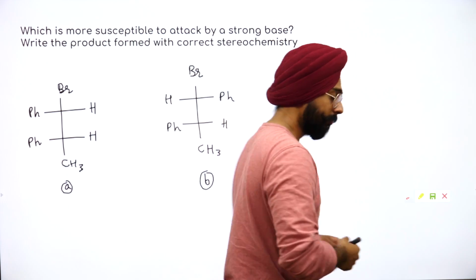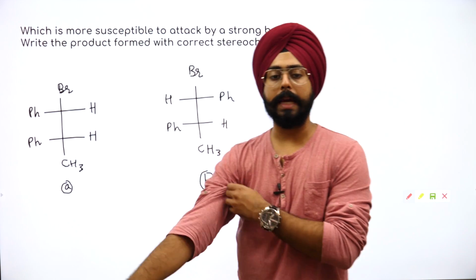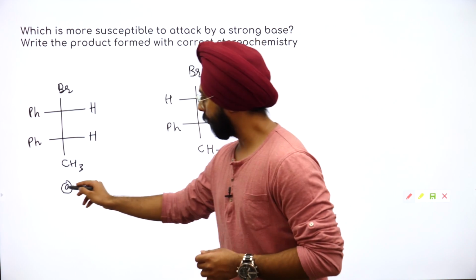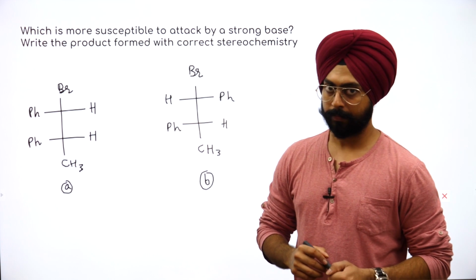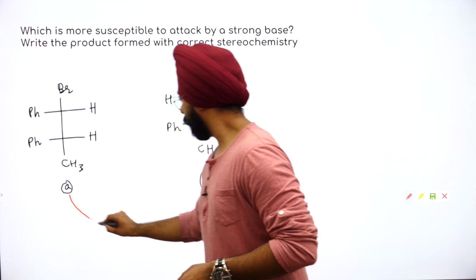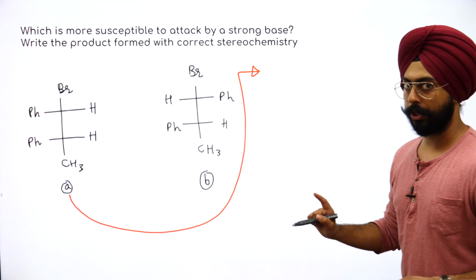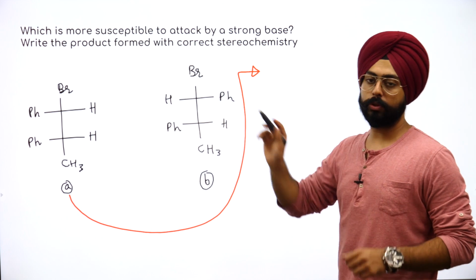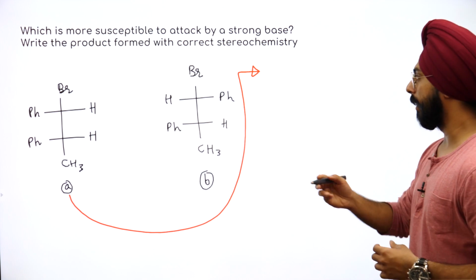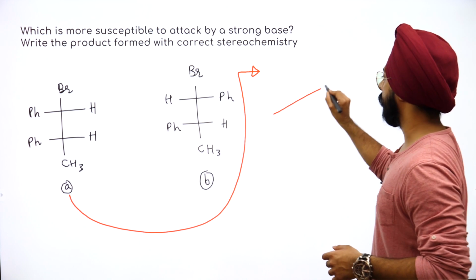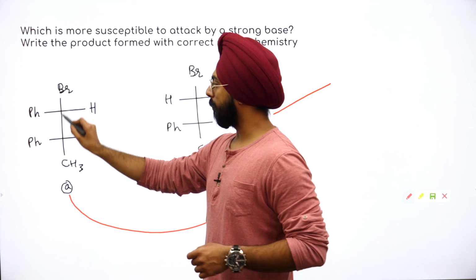चलो, अब सोचते हैं स्ट्रक्चर नंबर A के बारे में. Okay, let's try to think about structure A. Alright, what is happening in structure A? First of all, I'll make the Fischer projection. Okay, stereochemistry की बात हो रही है, so we have to look at it from different angles. So let's make the Fischer projection first. This is the front carbon, this is the back carbon.